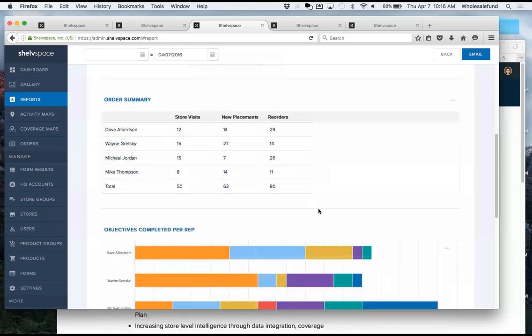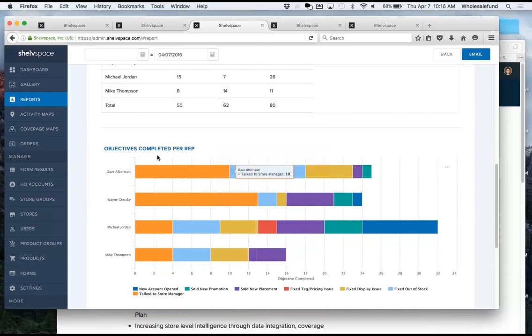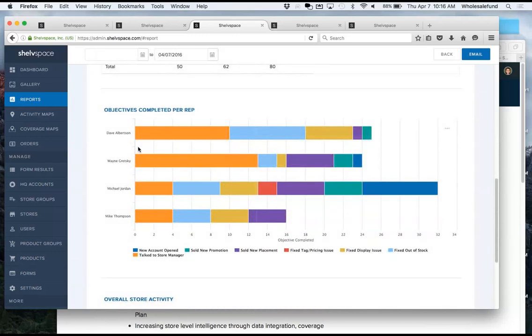We have this little nice graph. This is based on the outcome question where they're just selecting the activities that they did. And it's a great way to visualize tendencies in reps. You can see, okay, it looks like Mike Thompson has trouble getting a hold of the store manager. Maybe you need to reach out to him and figure out what is his scheduling. How is he